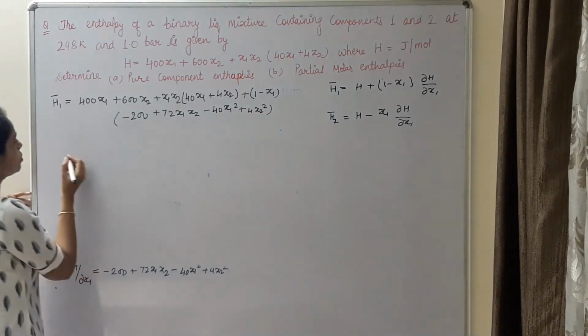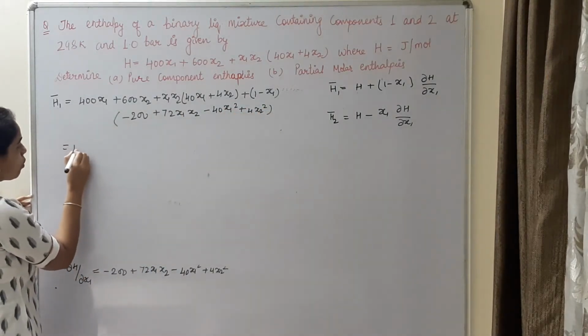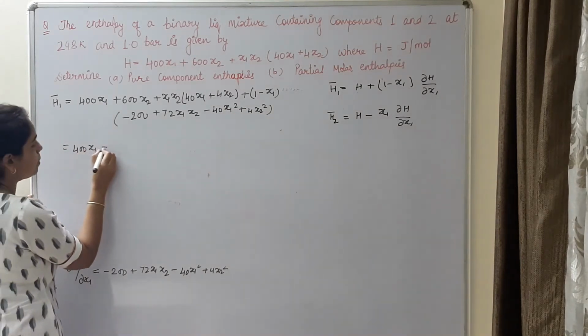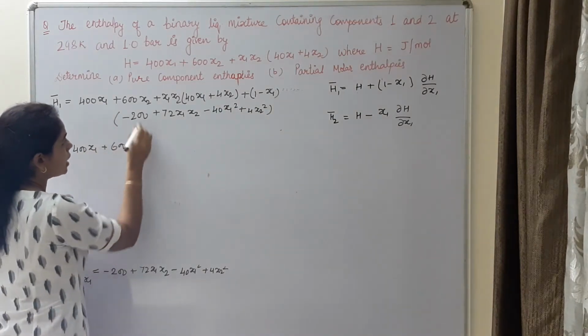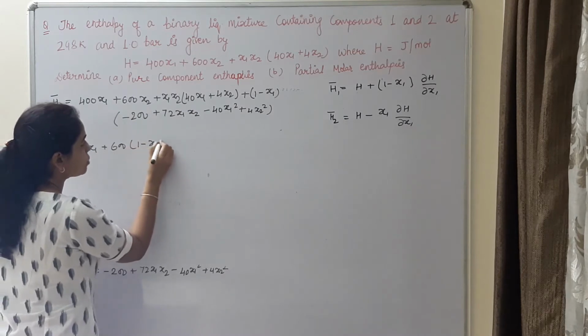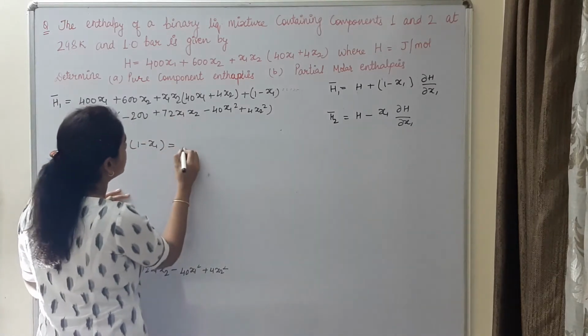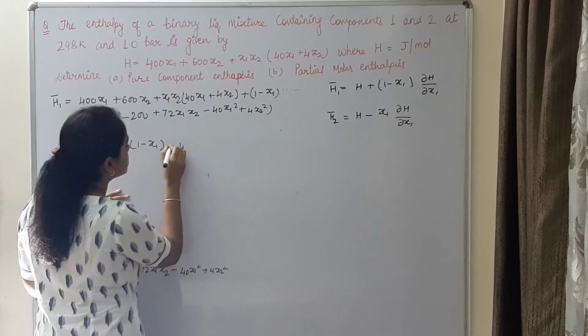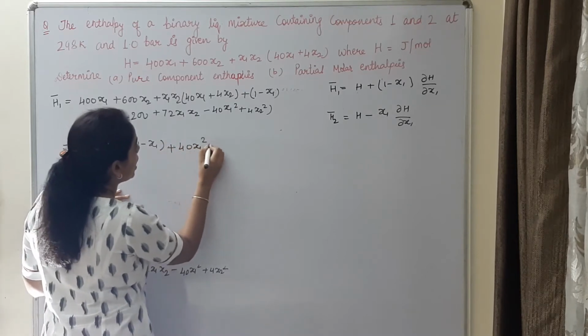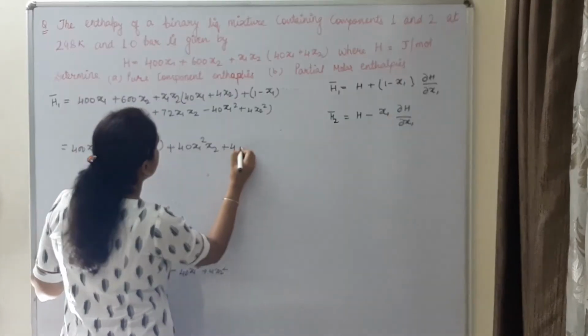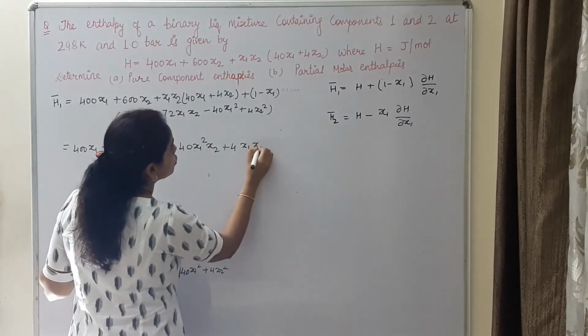So just rearrange this: 400 x1 plus, in place of x2 we can substitute 1 minus x1, open the bracket. So this is plus 40 x1 square x2 plus 4 x1 x2 square